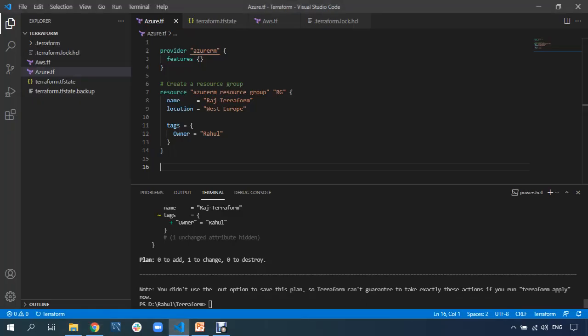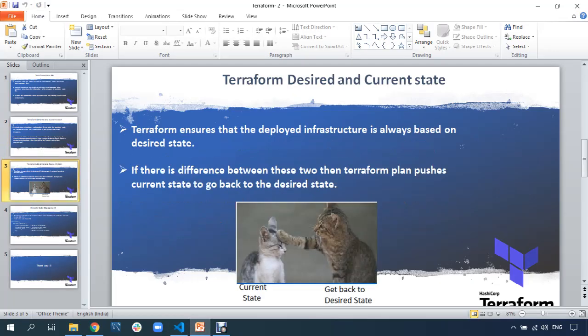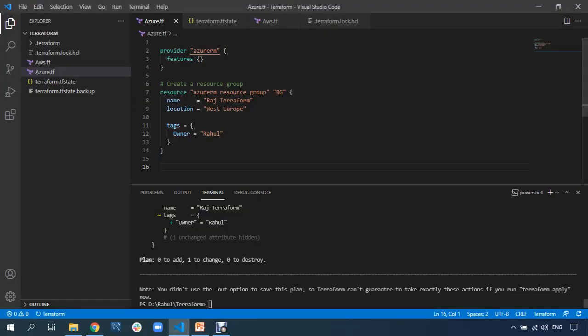Whenever you run Terraform plan or Terraform apply, Terraform basically tries to push your current state to become the desired state. I'll show you in the next slide. Terraform ensures that the deployed infrastructure is always based on the desired state. Whatever state you have written in the code is the desired state, which I already told you.